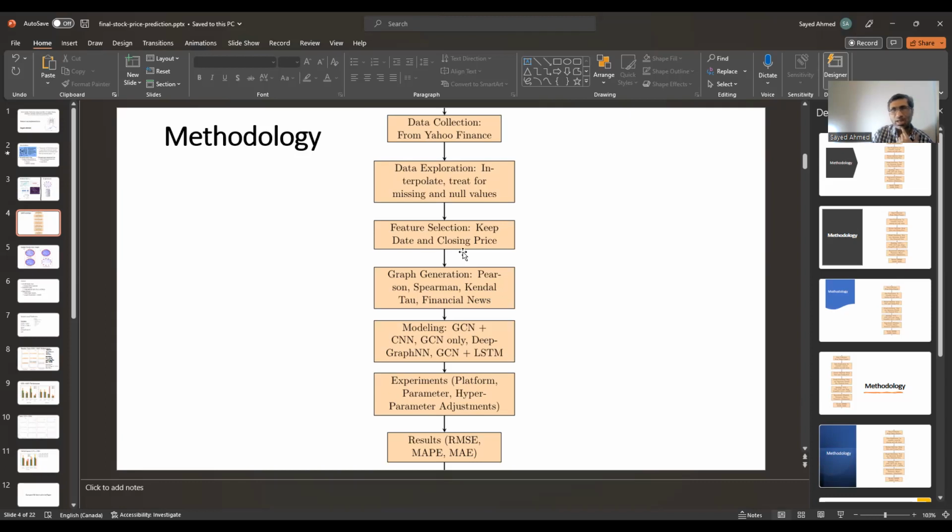For feature selection, I did not need to do much because there are only 4 or 5 columns. What I needed were the date, the closing price, and the stock ticker. Those are the 3 things I needed. When I was scraping from Yahoo, I could just select particular fields. But when I was using the other source, it had more columns, so I needed to remove some columns to get the exact things.